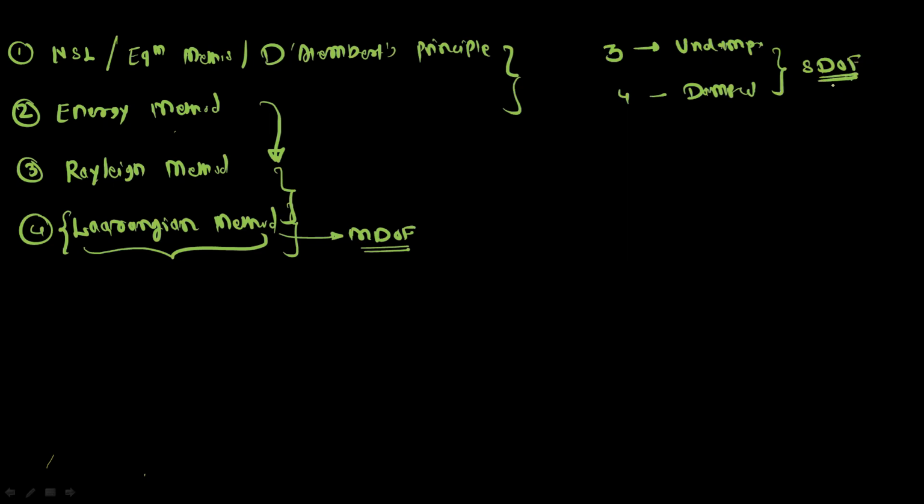Okay. And to solve the examples, that is a vibratory system on the single degree of freedom system, we will use only Newton's second law or the D'Alembert's method or energy method. Okay. So if the system consists of a disk, roller, so for such type of system, we can use the energy method. And for the system which consists the rod or the pendulum like system, we will use the Newton's second law. Okay.